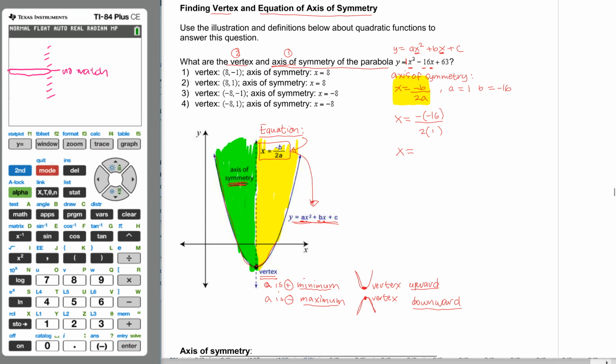So let's clear this one. Okay, so we have here negative 16 is positive 16 over 2, and this one now x equals, so 16 divided by 2, that gives me 8. So x equals 8. This is my axis of symmetry,